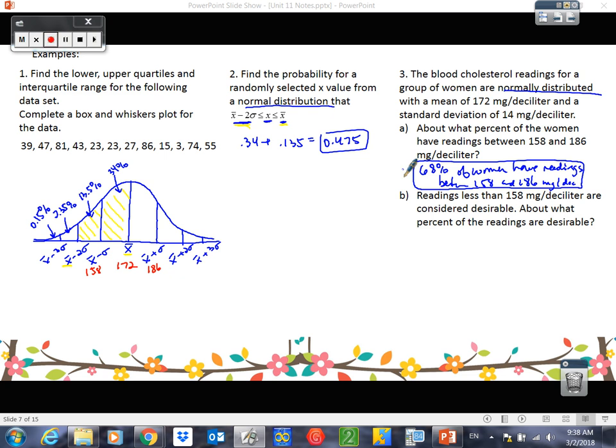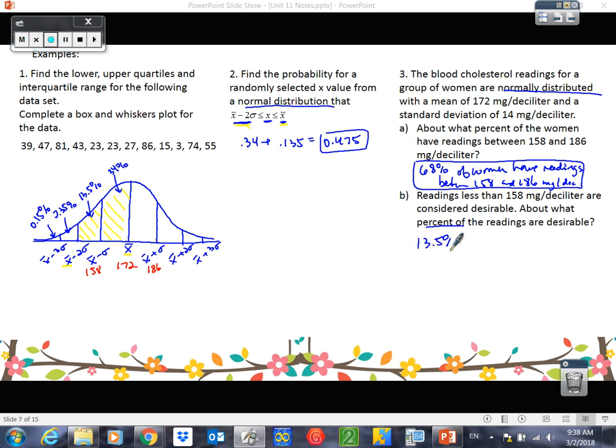All right, so let's look at the next one. Readings less than 158 milligrams per deciliter are considered desirable. About what percent of the readings are desirable? Well, that's just this part over here, right? Lower than 158 would be way out here. And they ask for percent. I mean, it's asking for percent. So I'm going to do my calculations with percent. So we would have